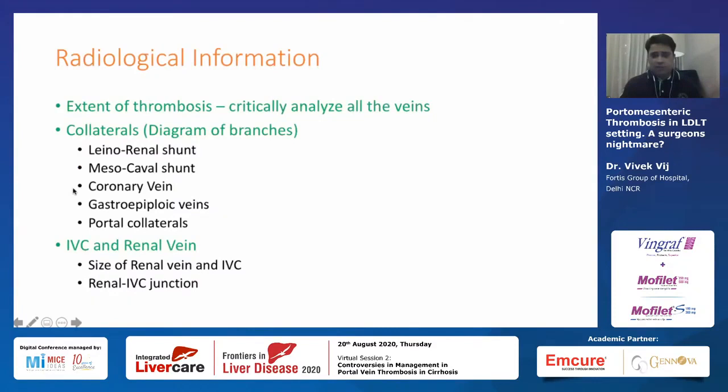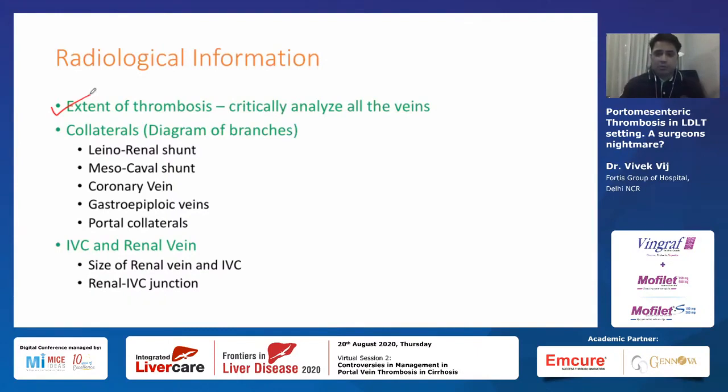So when we decide that this patient needs liver transplantation, and on radiological images we find that there is a portal vein thrombosis, I personally and my team would like to know the following things, which are very, very important. You can see the extent of thrombosis, which would classify which kind of Yerdel classification we have. But there are certain PVTs, SVTs, and SMVTs which cannot be classified into the Yerdel classification.